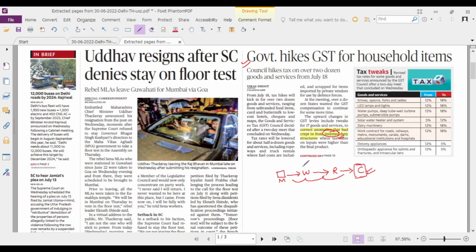And generally for most of the items, the tax would be the same. For example, if you take textiles, the tax is almost 5% on normal textiles throughout the supply chain. But on certain items, the tax for the inputs is more than the tax for the output. For example,